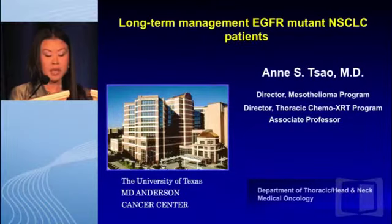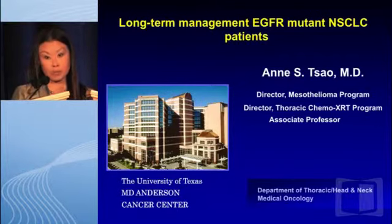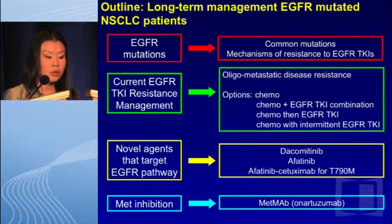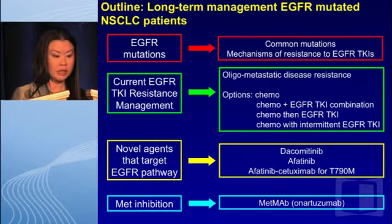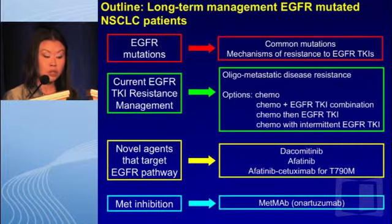The purpose of my lecture is really to tell us where we are right now, what the data is, and where we're going to be going soon, hopefully. Okay, so the way I have it broken up, we'll talk briefly about a background for EGFR mutations. We'll talk about current EGFR tyrosine kinase resistance management, what you need to do now in your clinic, and